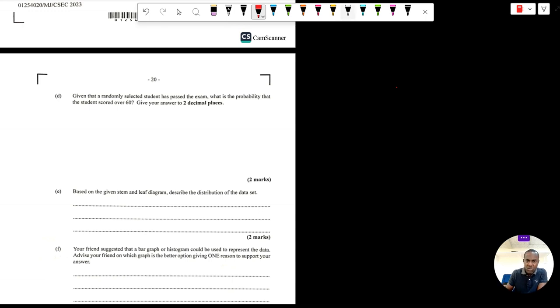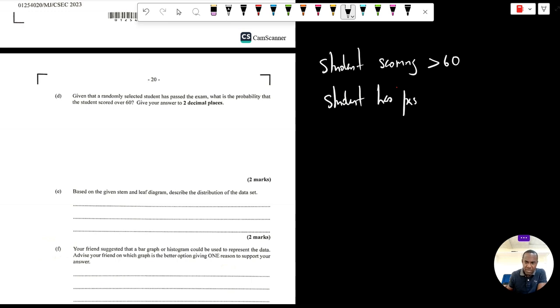And in this particular case, our 2 events are a student scoring over 60, right? That's one event. And the other event is, of course, that the student passed the exam. Now, I did not mention these in any particular order. So the student has passed the exam, and this, of course, means that the score is greater than or equal to 40. So we want to find the probability that the student scored over 60, given